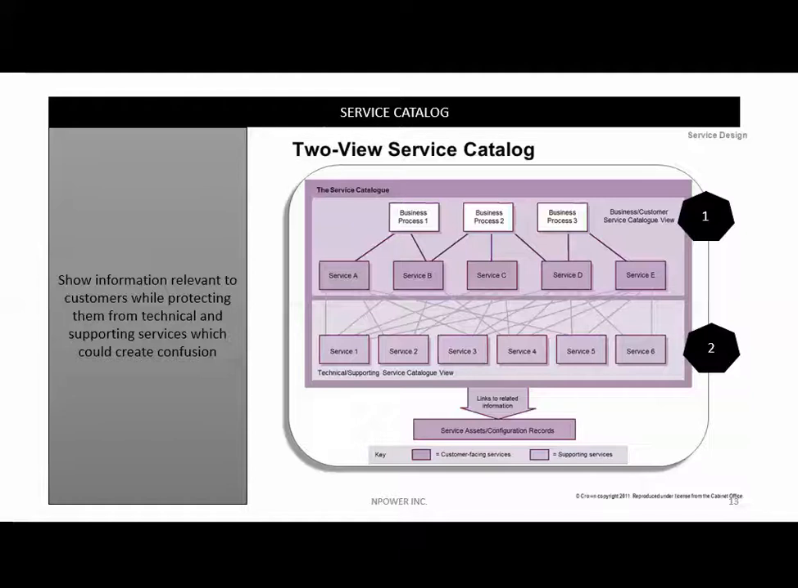So let's make it even more complex, as if it wasn't complex enough. There are two types of catalogs. Number one doesn't exist. There is a two-view catalog, and there's a three-view catalog. A two-view catalog,